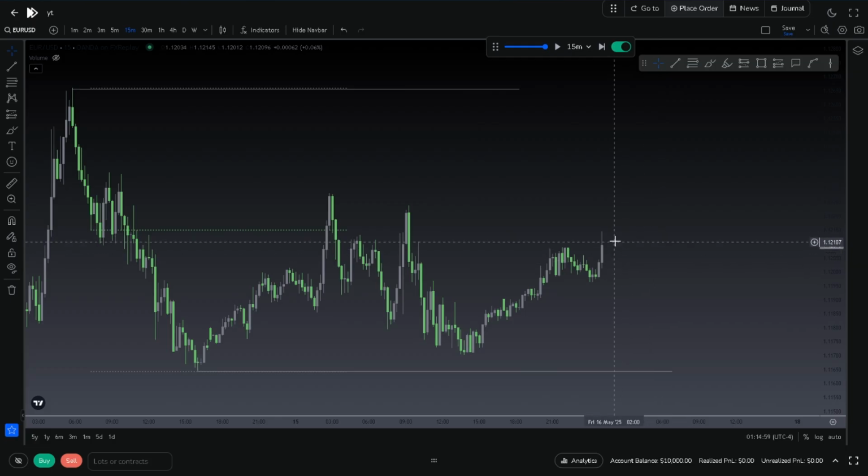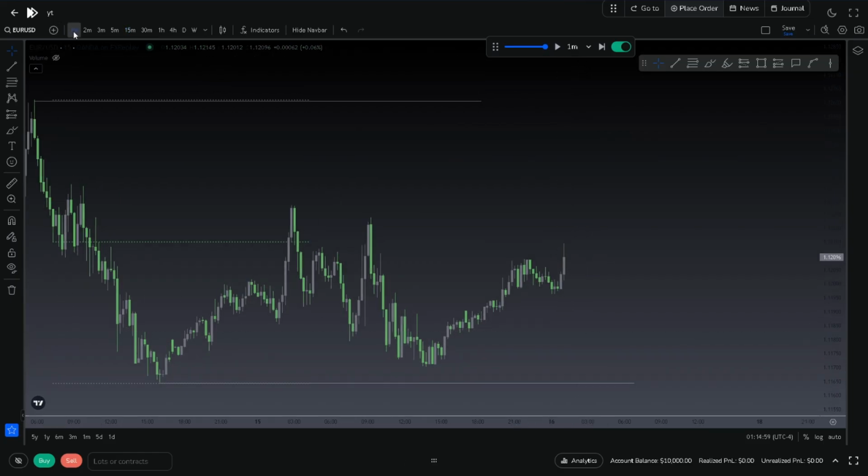Okay, so we're getting back up into this range now again. We'll just look to enter it, and we're going to look for a sell. So we've taken some buy side liquidity, and then we're going to look to sell to target this sell side liquidity and target this low down here. So we're going to jump down to the 1 minute time frame. Okay,